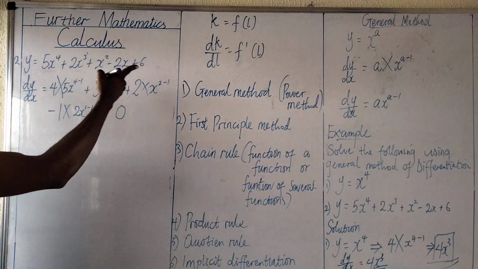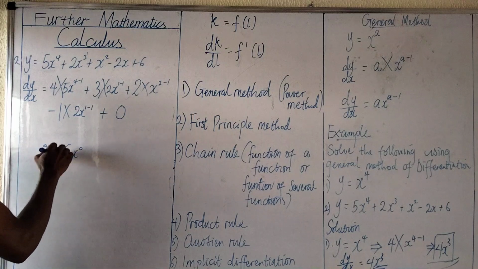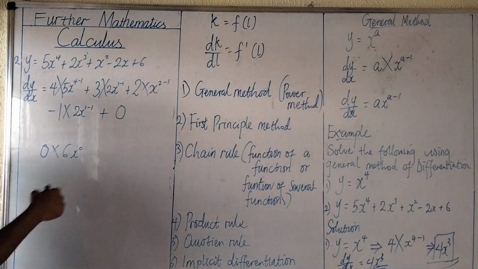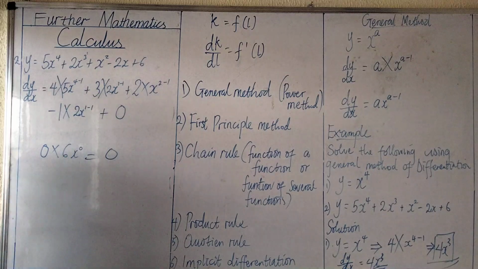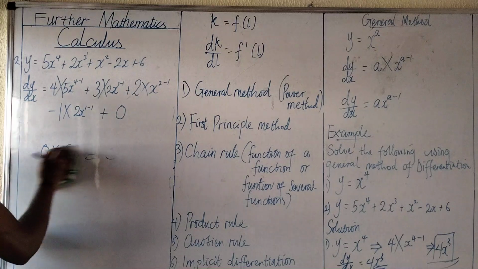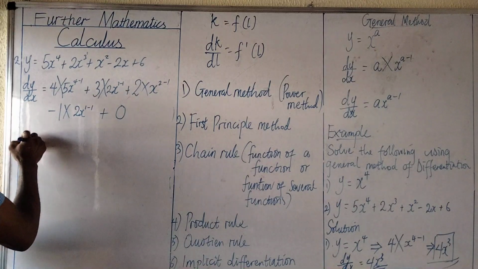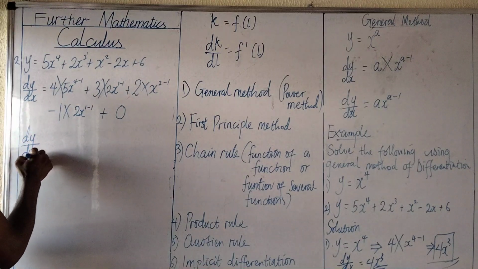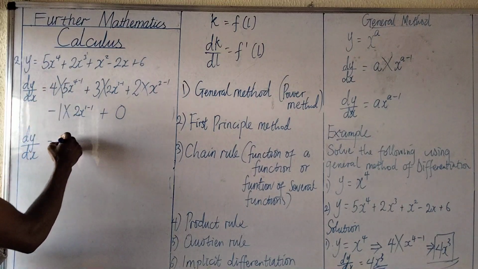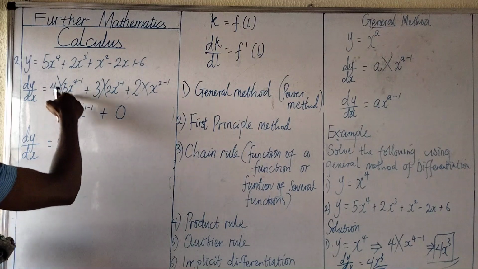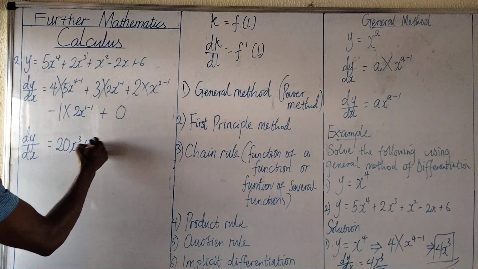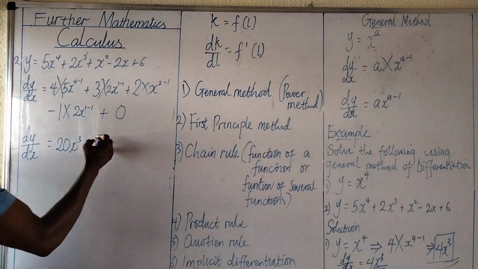So with the idea of the general method, we are going to use this 0 to multiply everything whenever you get it. Any number multiplied by 0 will actually give us 0. So when we differentiate a constant, we have 0. So having reached this far, our dy over dx will be, come over to this place, 4 times 5 is 20, I have 20, x raised to the power 4 minus 1 is 3,